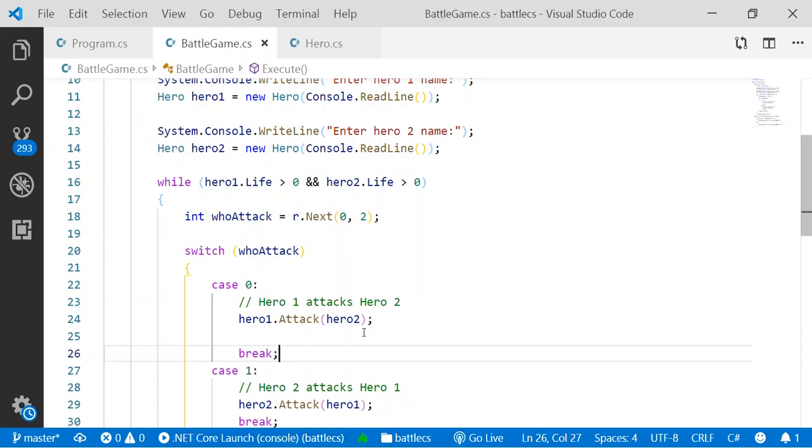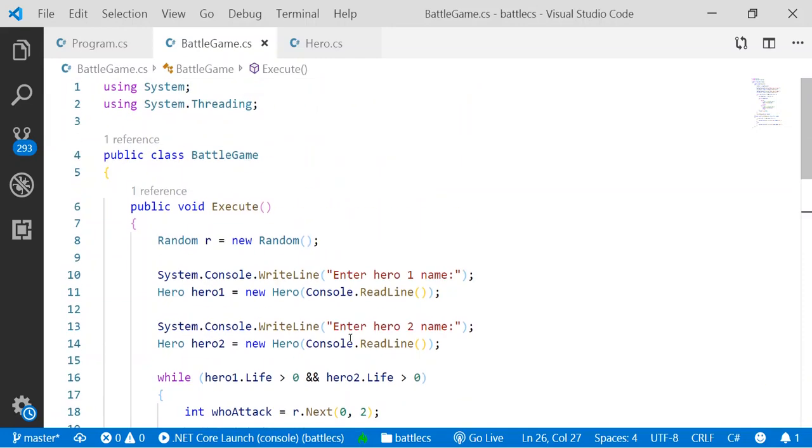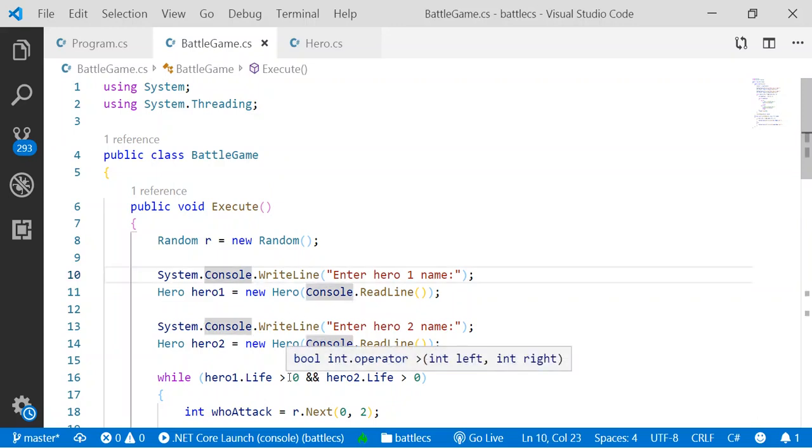Hello, let's continue from where we stopped yesterday. Okay, so how do we improve this version? Okay, what I'll do is that I will just change this console dot right line to